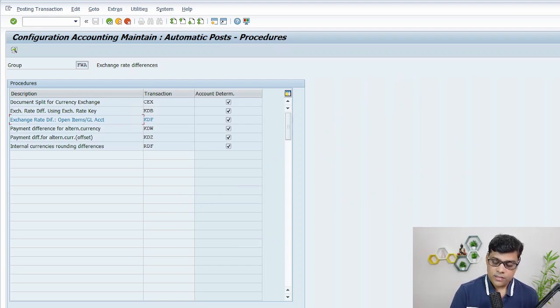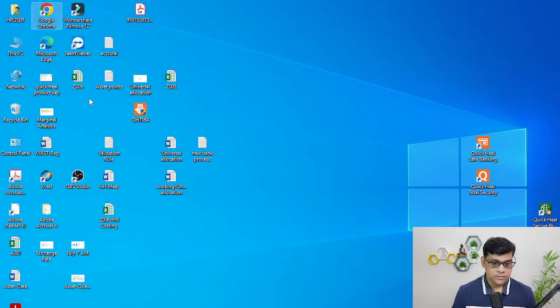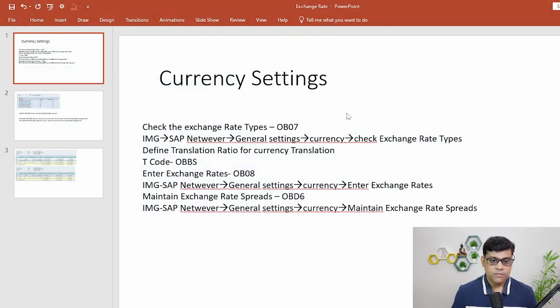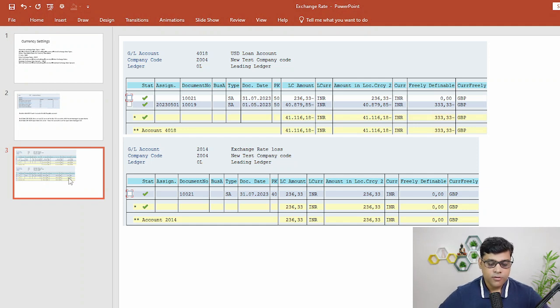But no one is going to do these postings or this valuation manually. The system is going to calculate, and the system is going to do the posting. Practically we will run it, but right now you can just have a look at this. This is one loan account where the transaction was posted in a foreign currency, and the equivalent amount you can see